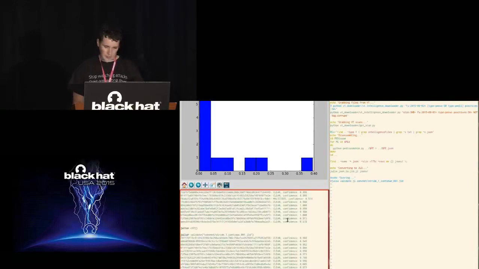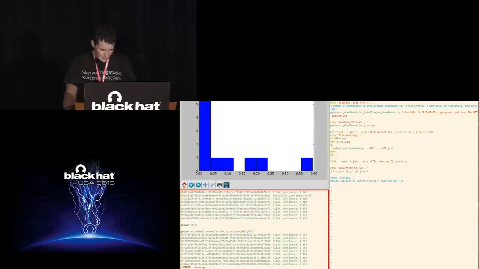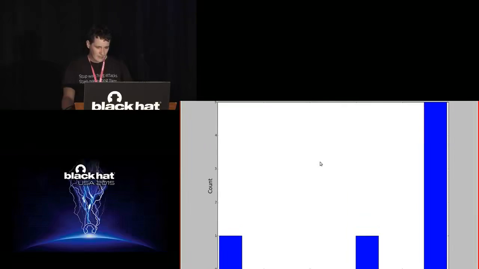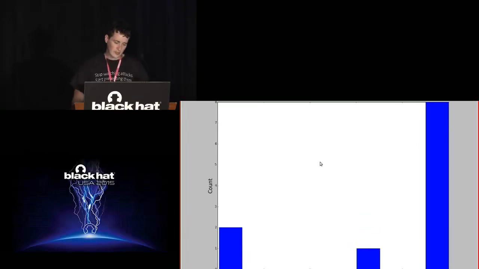So I'm going to run this model on the data that I downloaded before I started this talk, and we'll see how it does. I have no idea. I'll full screen this. We'll explain the graph too. All right, so what we're seeing here is a count of how many times...